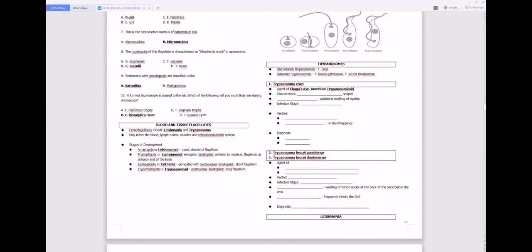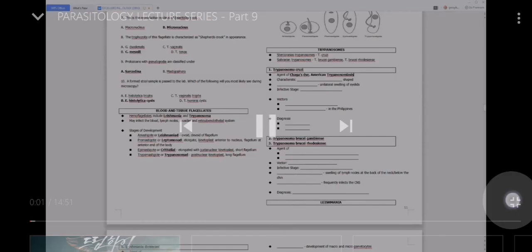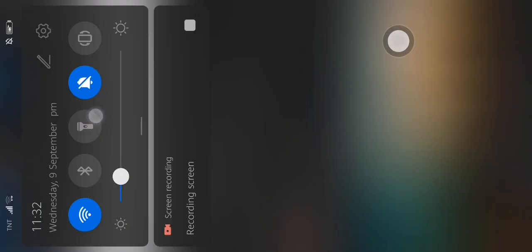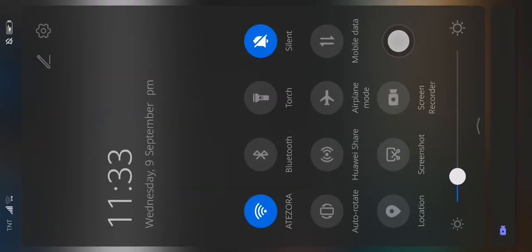Okay? So, the characteristic shape of trypanosomiasis